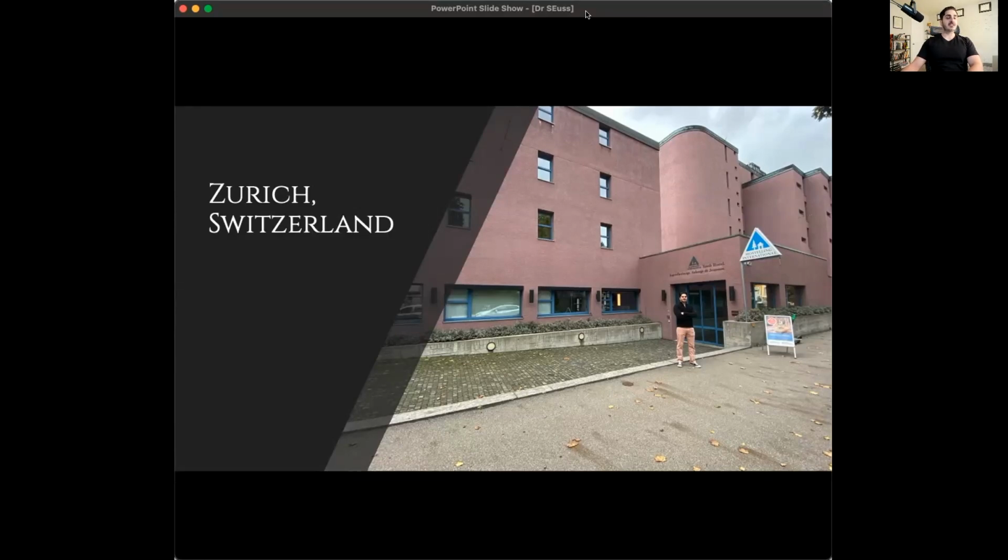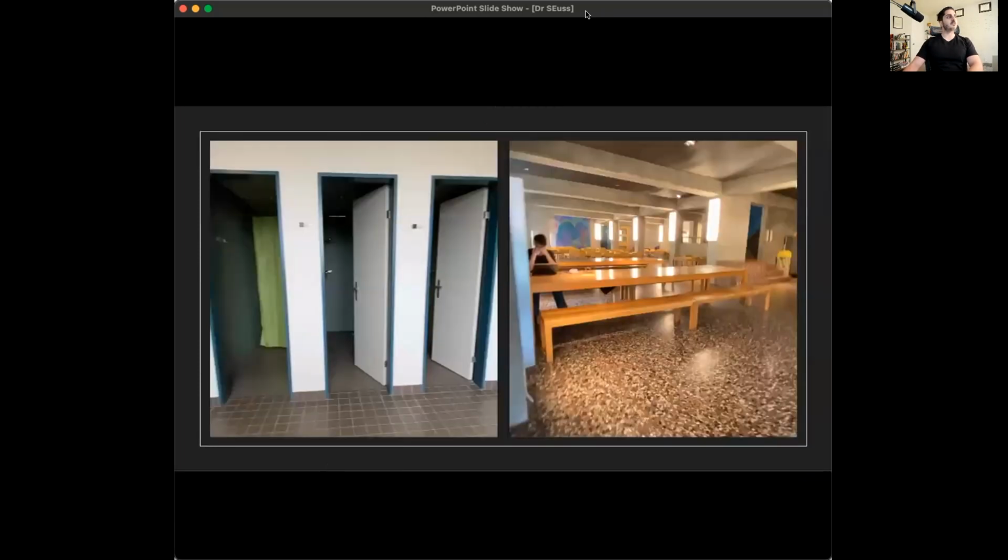So thankfully, they let me walk through this hostel that my family used to live in, and I shot a video. And from that video, I took just a couple of screenshots that I'm sharing with you right now. And those screenshots, so on the left, what you're seeing is shared showers, right? In this hostel, every floor had a bathroom, and every floor had to share that bathroom. So the toilets, the wash, the showers, right? Everything was shared. And right now, as you see in the picture, the showers are pretty private, right? There's at least a door and wall in between each.